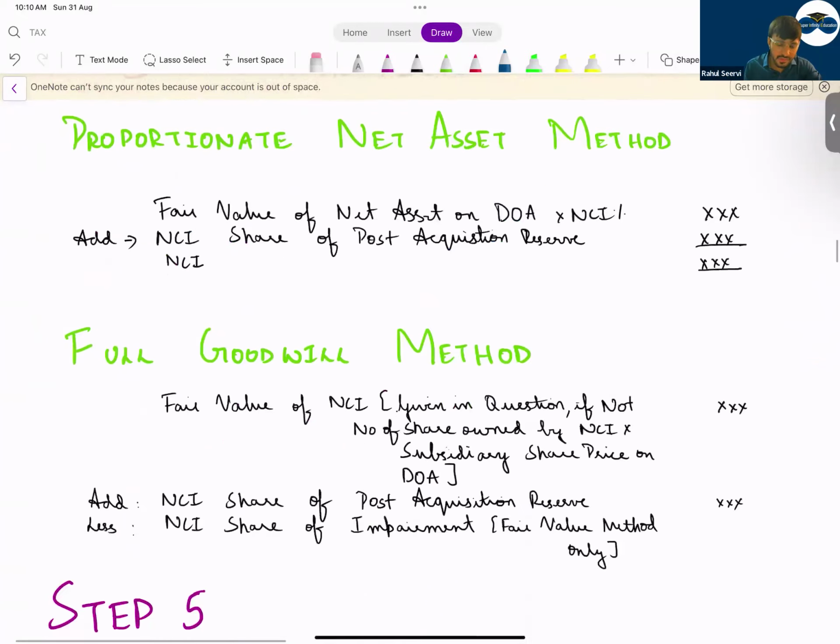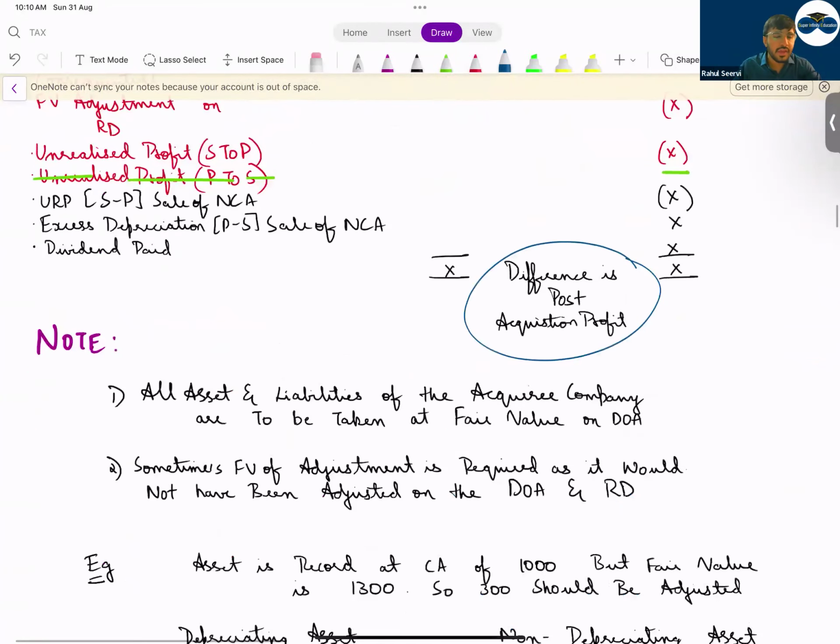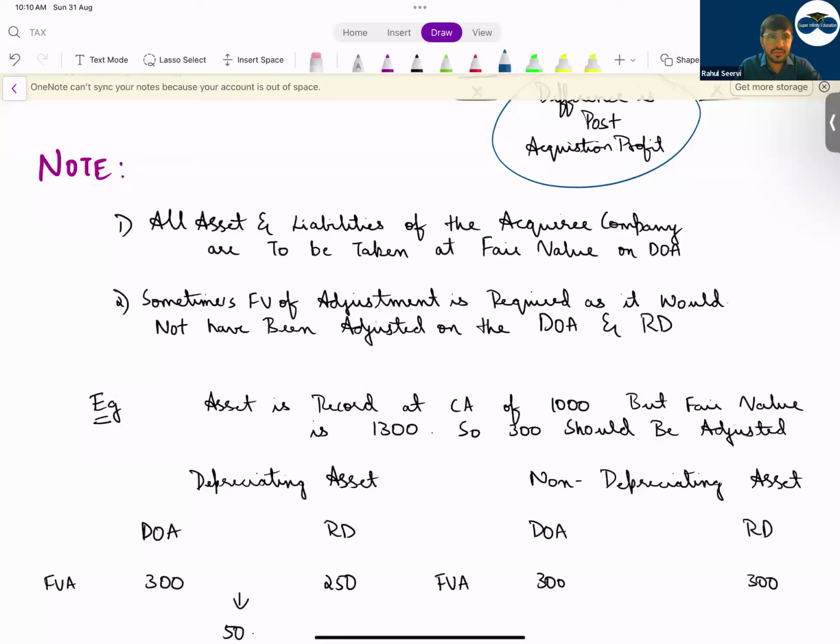So now let me do the next important part, the fair value thing, which is very important for FA, FR as well as SBR. This is tested in FA only, but it carries forward to FR as well as SBR. You will have it for sure. If you get a balance sheet question, for sure there will be an adjustment for 1 or 2 marks.